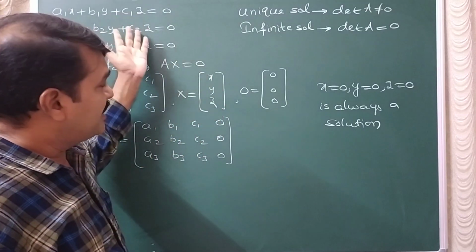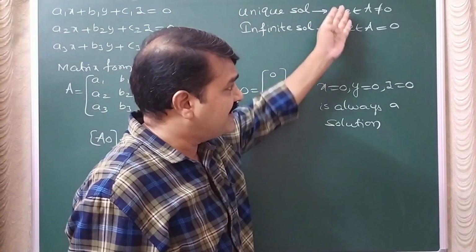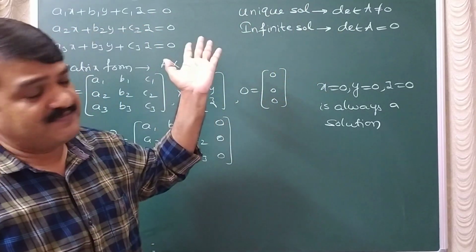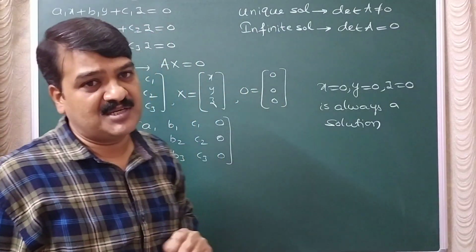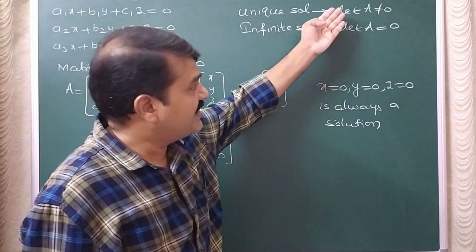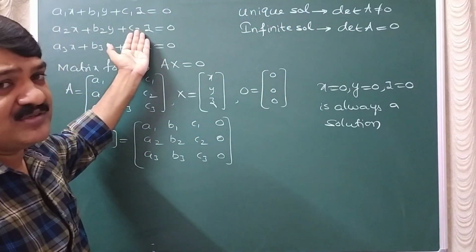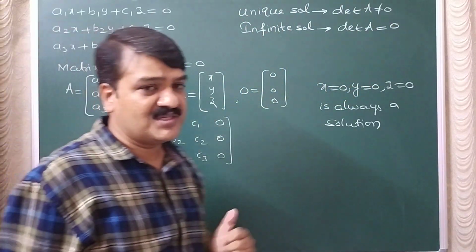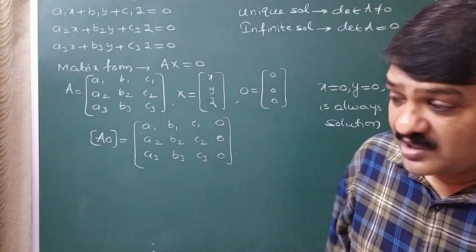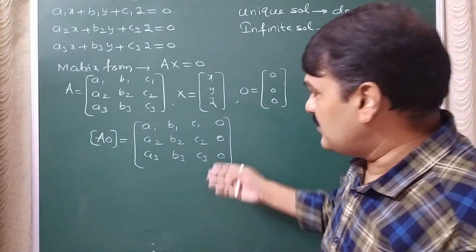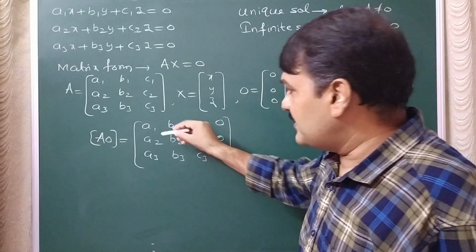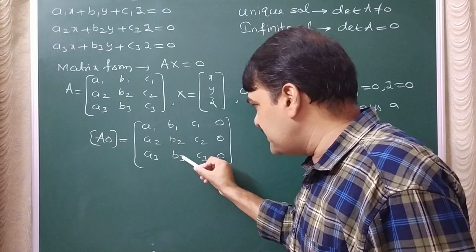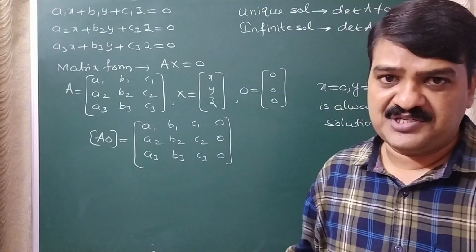Therefore in a homogeneous system, simply by finding det A we can decide which type of solutions the equations have, because only two types of solutions are possible. You find det A: if det A is not equal to 0, the system has a unique solution. If det A is equal to 0, the system has infinite solutions. And of course, if you want to find the solution, take the augmented matrix like this and try to get zeros in these three places, then obviously you can find the solution.